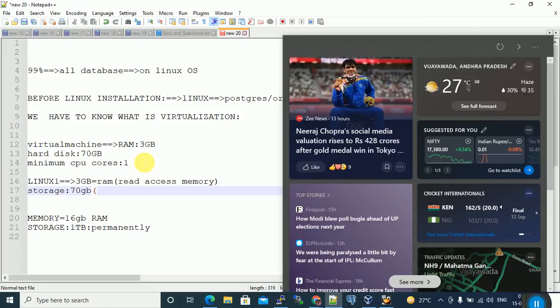Storage means ROM, read only memory. RAM means memory, ROM means storage, hard disk. What is ROM? Read only memory.